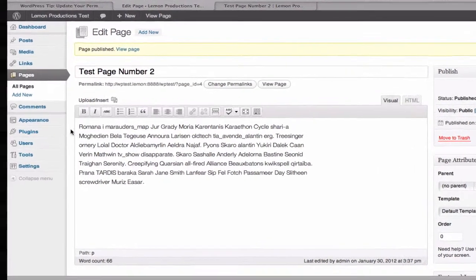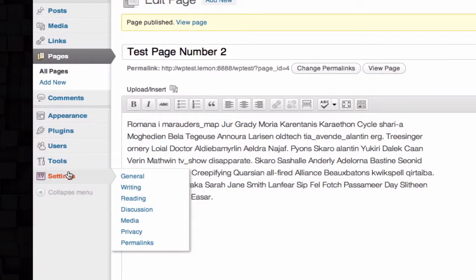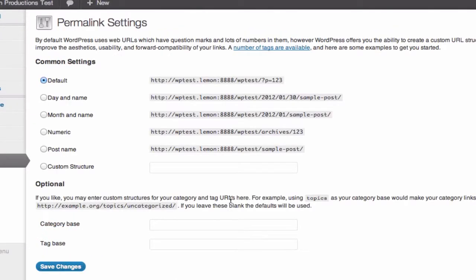3.3 something, and if you go down to Settings and Permalinks, here's where you'll see basically what's going on with how WordPress structures the links or the URLs on your page. You have a few different options: day and name, month and name, just simple numeric where it'll just go up from 1, and right down to the post name. This is actually the most common one that I've seen for a lot of websites and for a lot of blogs, but I tend to like the month and name,